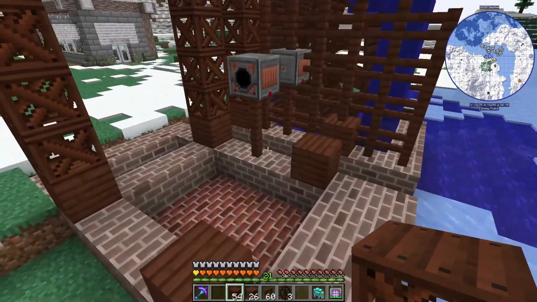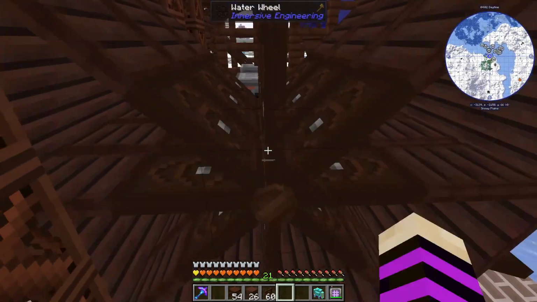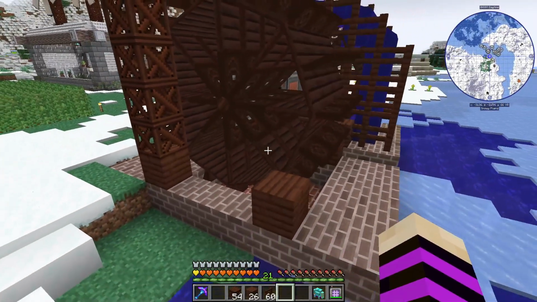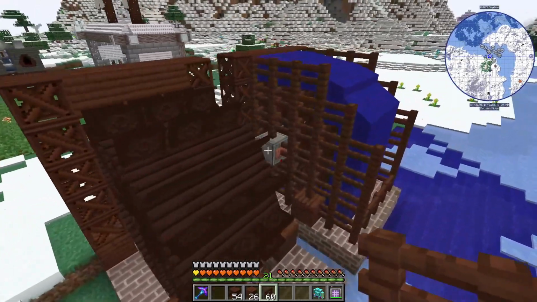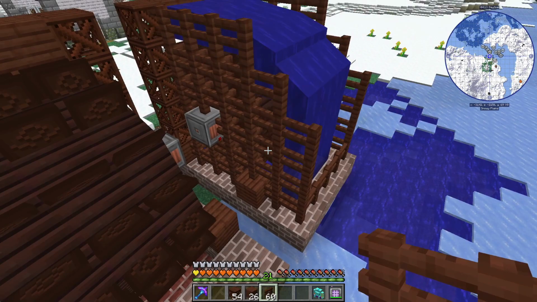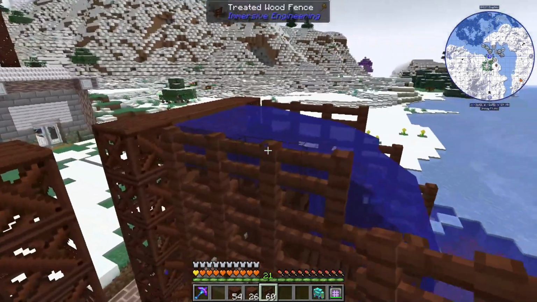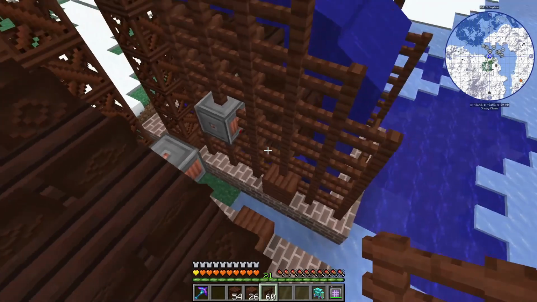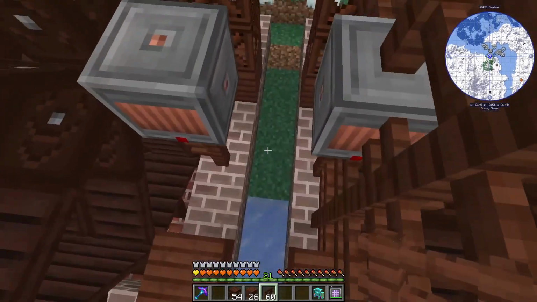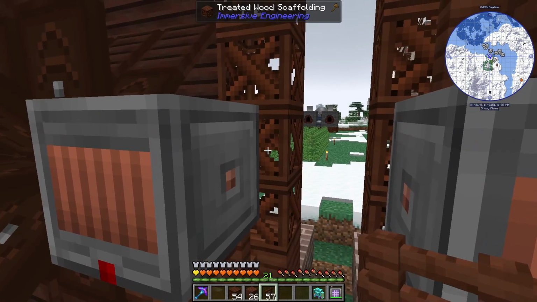There we go. Then when we come in the inside, we take our water wheels, we go 1, 2, and 3. Very cool. Now this is the fun part. We're going to fill in the rest of the blocks. Some of them are not required, some of them are. But I like making it look like it's holding the water, even though some of these blocks are not required. So let's go ahead and fill in every block right here